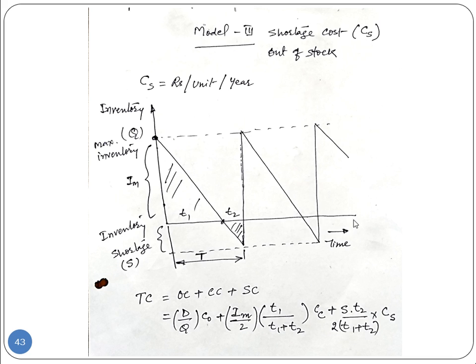If you see the graph, the x-axis is the time axis, and the y-axis is the inventory. Okay, so the consumption is continuous over there up to this point. Okay, up to this point, how you are going to put the things to be done over there. And this thing T1 is the total, you can say